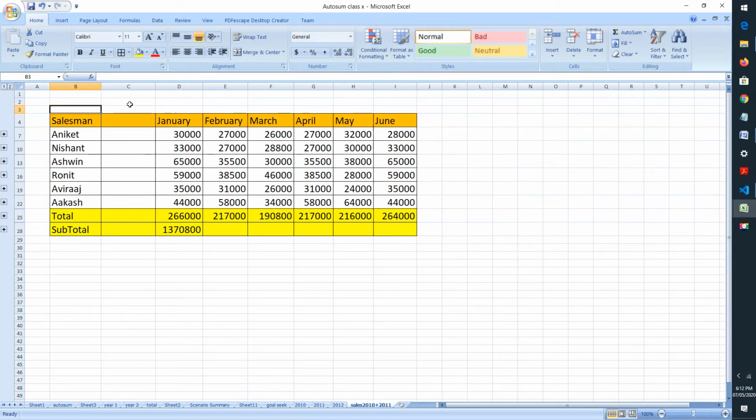Now, what is the purpose of this blank column? If you look at the left, you can see that there are eight plus signs.